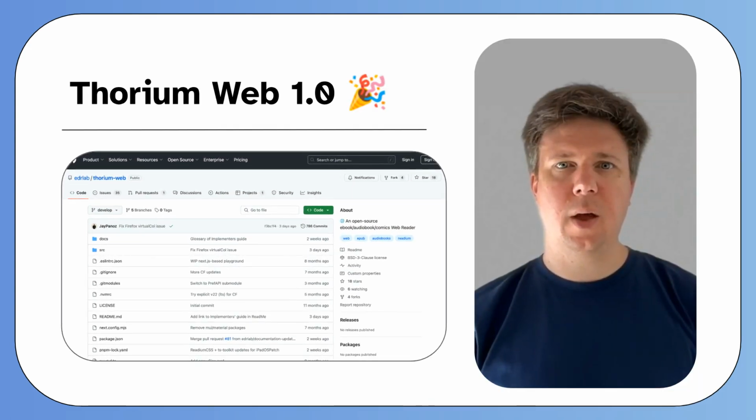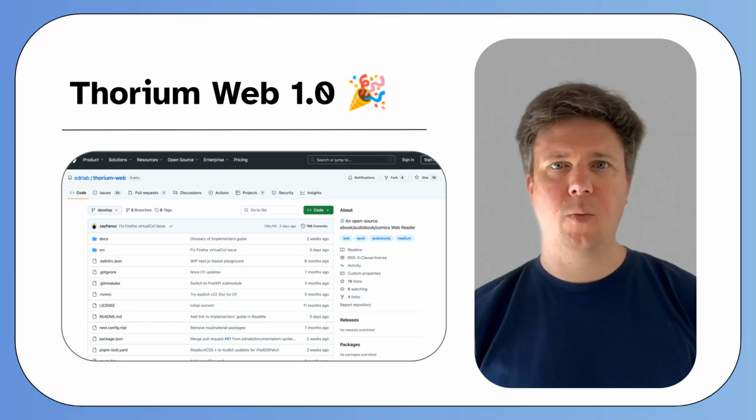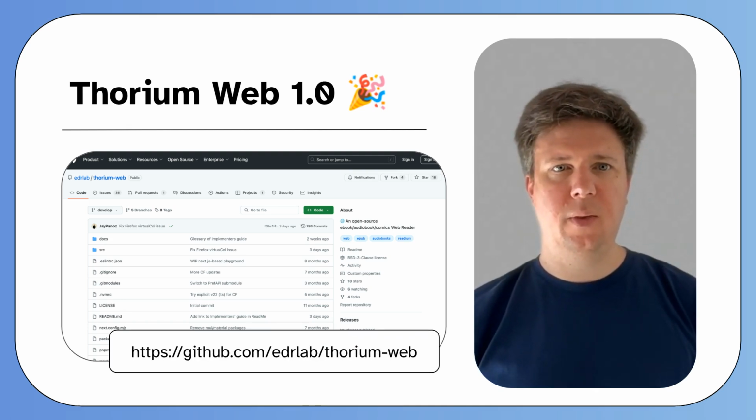Finally, we're glad to announce that the first beta for Thorium Web 1.0 is now available. With this initial release, we feel that the project has reached a state that makes it usable in production. We'll continue to work on this 1.0 release in May, targeting a final version in June. Expect additional guides, documentation, new customization options, and new screens in the playground to illustrate what's possible.